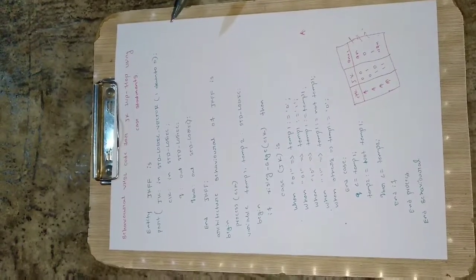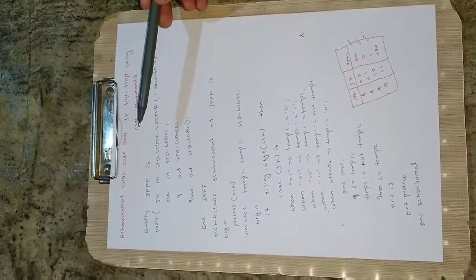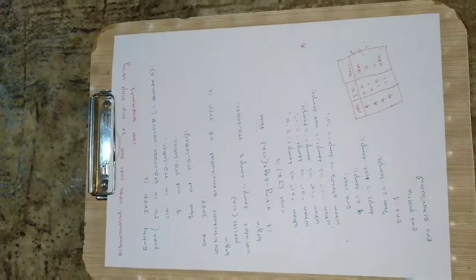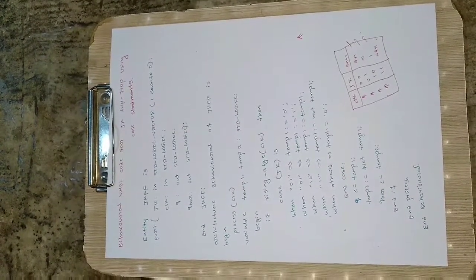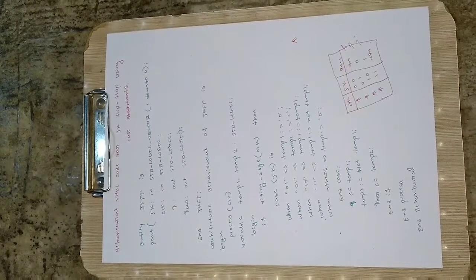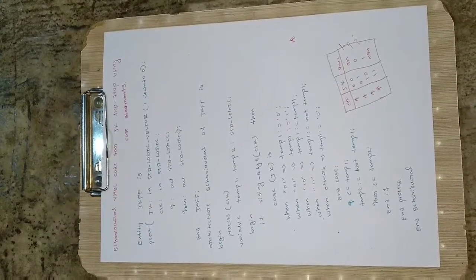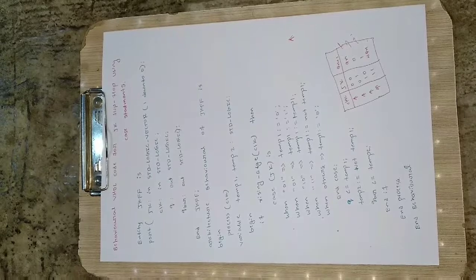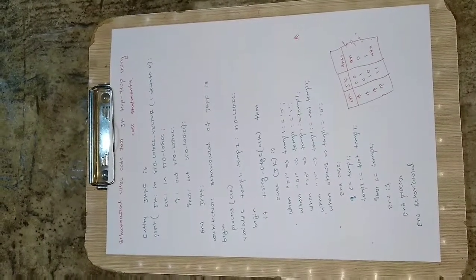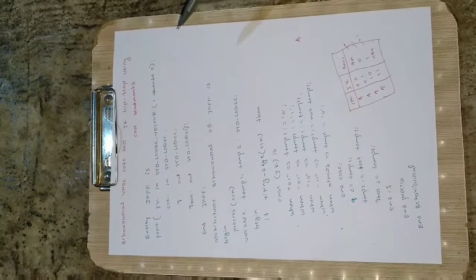Coming to the code here, first we will define the entity. Entity JKFF is, so I have written it in short. There is no rule that you should write JKFF only. That is the name of the entity, which is left to the user. You can give anything, you can put your name also, there is no restriction on that. But you should not start the name with a number, you should first use an alphabet, and then you can use the underscore also. It is permissible to use underscores in the names of entities in Xilinx ModelSim.